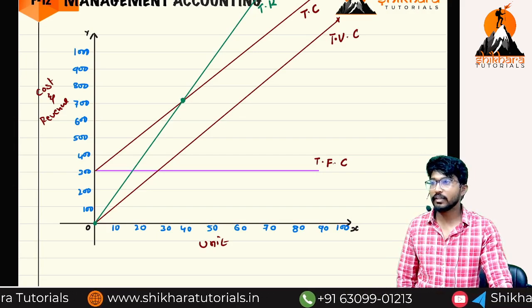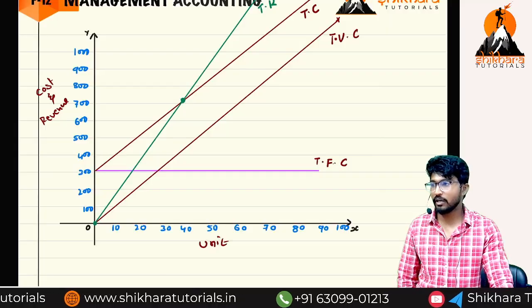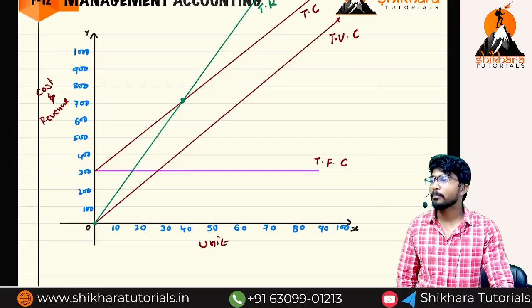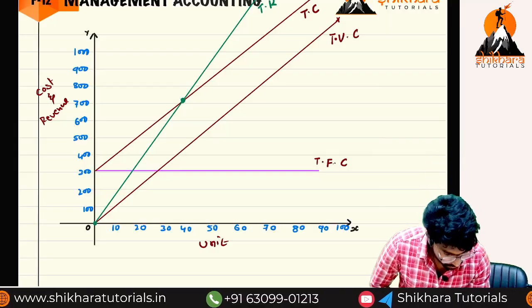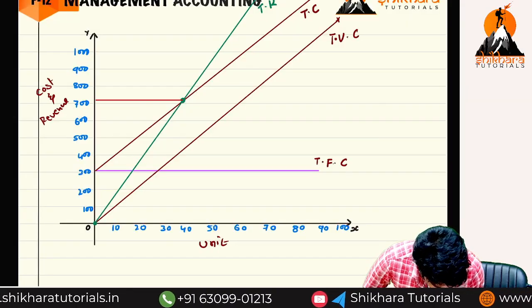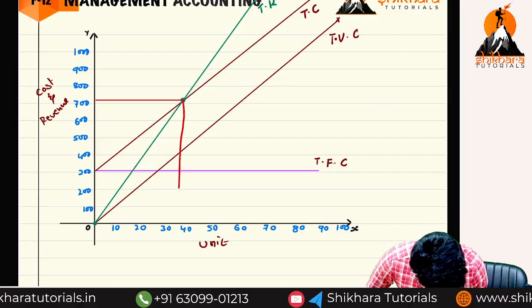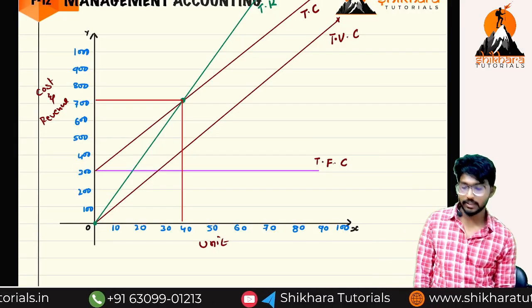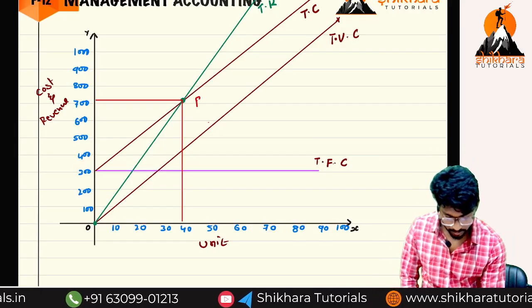The point where these two lines, total revenue line and total cost line, are intersecting, that point is known as break even point. This is called break even point,